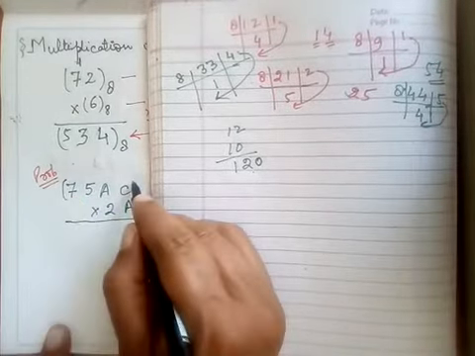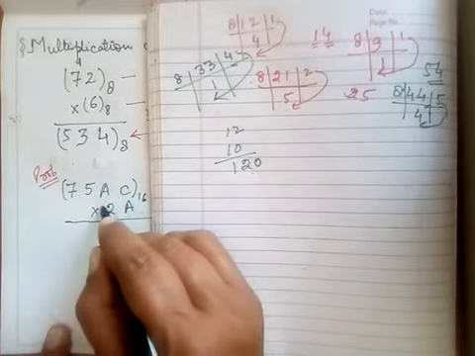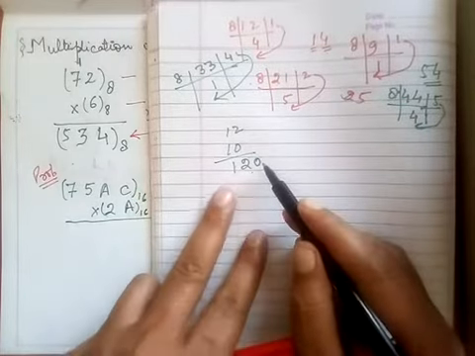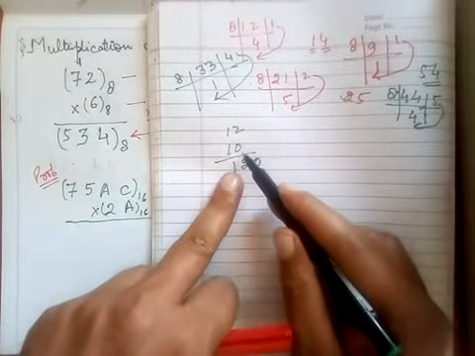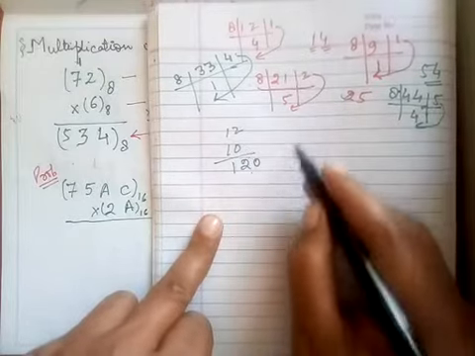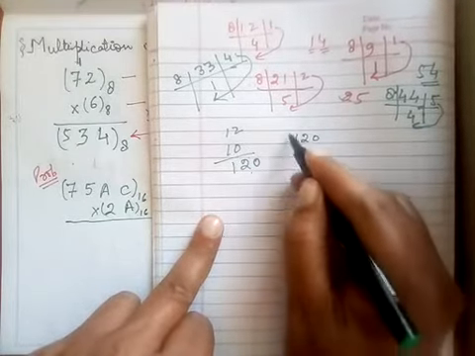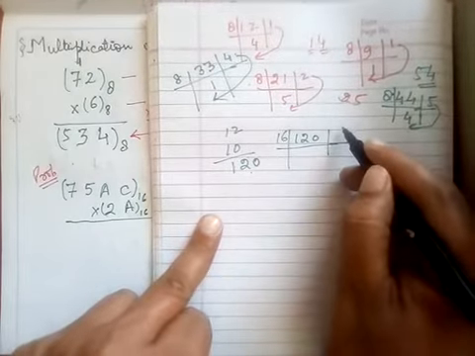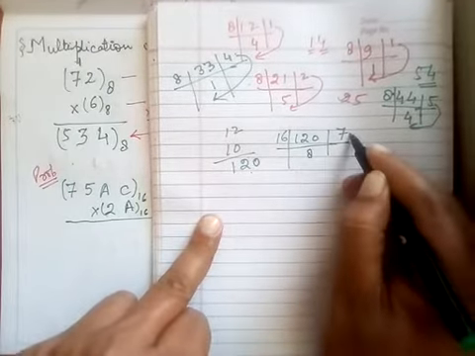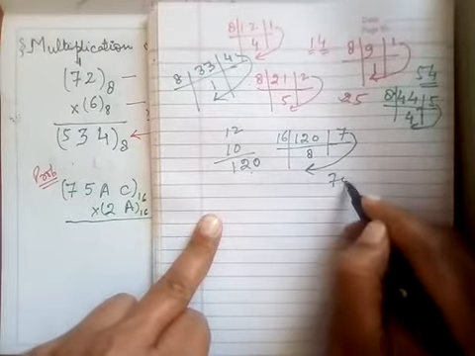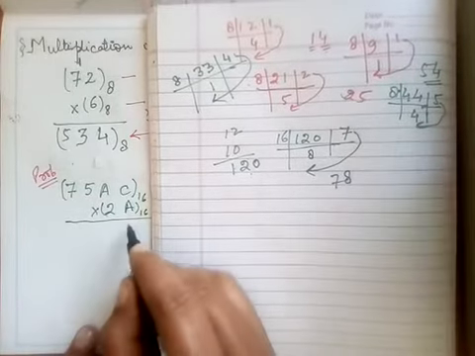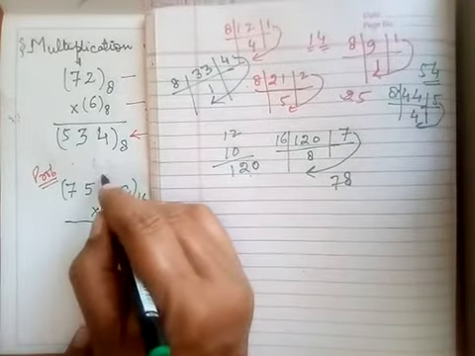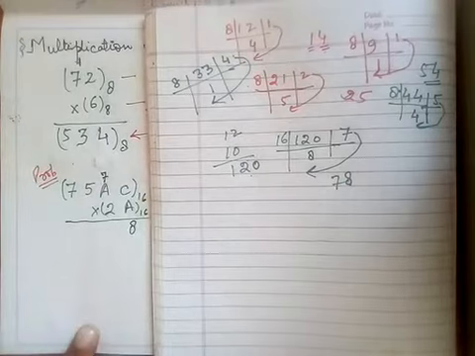Rather, I need this in hexadecimal. These two are hexadecimal numbers, so of course this 120 has to be converted into hexadecimal. I divide this 120 by 16. 16 7s are 112, and the remainder is 8. So the result is 78. I write 8 here, and this 7 goes as a carry.